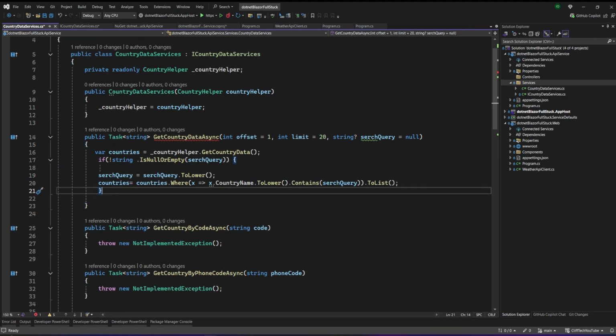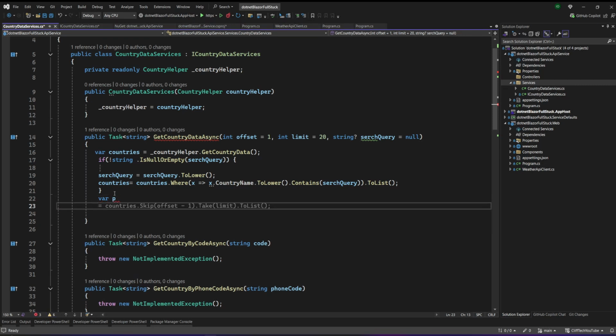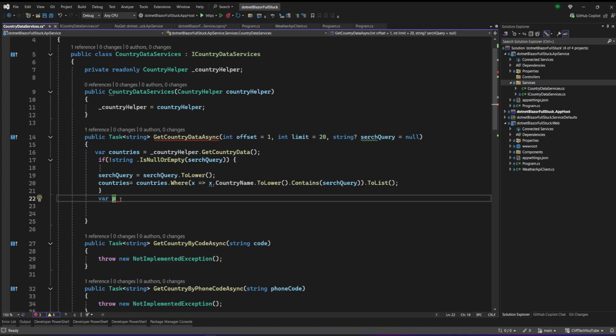So if it happens that way, what we want to do is that we then return, we work on the pagination. So we say var pagination. So we then want to use our pagination here. So let's go ahead and populate our pagination. So what we're going to do is that we're going to use the var pagination. So we say pagination